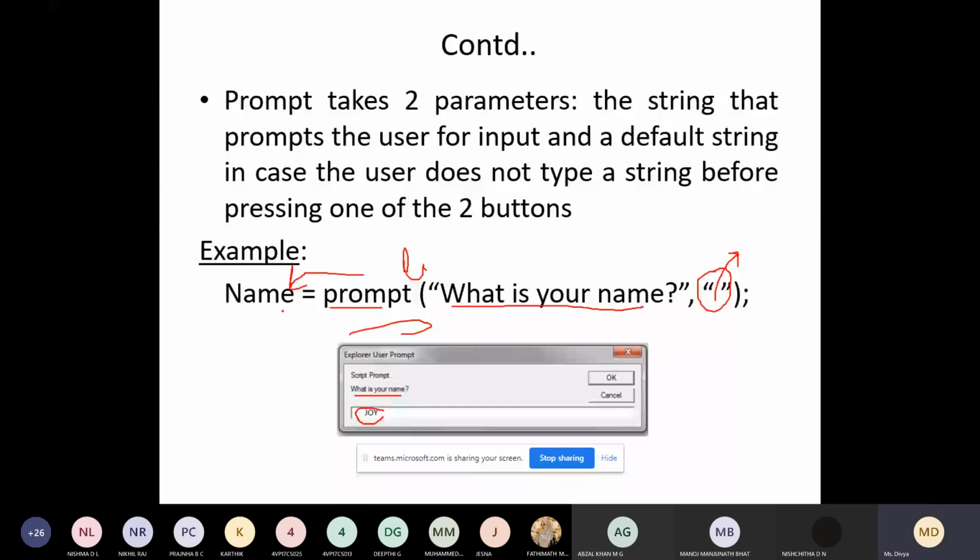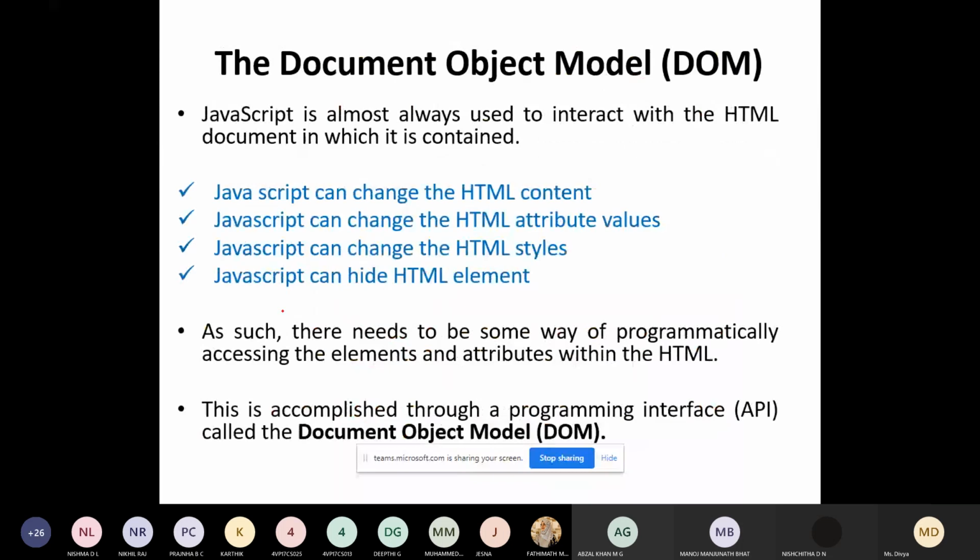Moving on to the next concept, DOM. DOM stands for Document Object Model. JavaScript is almost always used to interact with the HTML document in which it is contained. So why do we use JavaScript? JavaScript can be used to perform a few operations, like changing the HTML content.